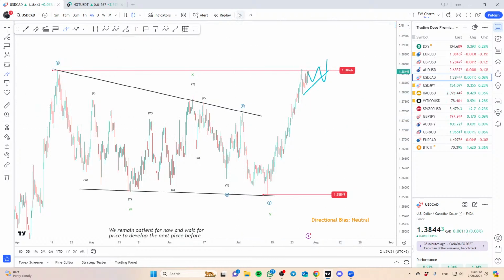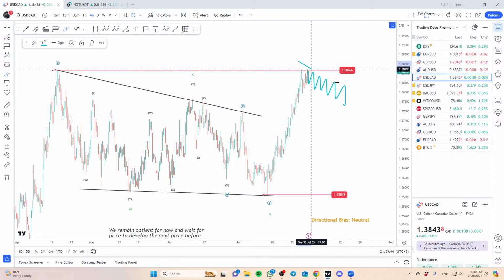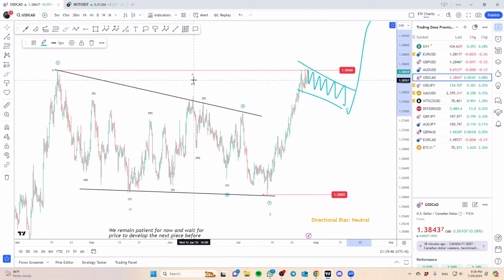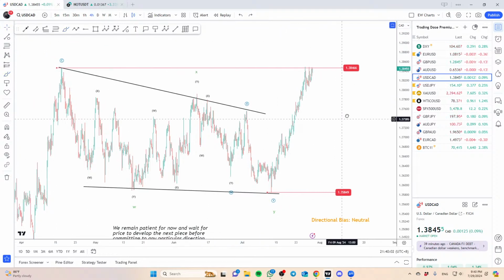If the market decides to just come down impulsively from here, then I'll wait for a pullback and then I'll sell this as well. If the market starts to pull back from here correctively, then I'll be more inclined to look for upside. So it really depends on what's next. What is the market going to be developing around the zone? Again, as I mentioned, either of those things are likely going to happen. You just need to wait and observe how the market is going to develop from here on.